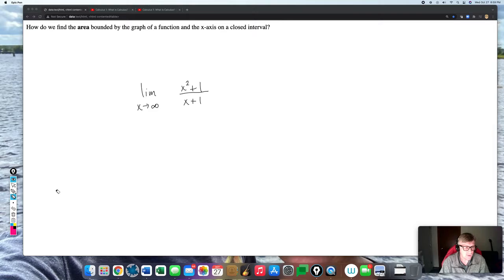what we used to do was we would take each one of these terms. Alright, so this would equal the limit as x approaches infinity, and we would take the largest power in the denominator, which is x to the 1, and we divide every single term by x to the 1. So you divide this by x to the 1, you divide this by x to the 1, and so on, and then this becomes 1,